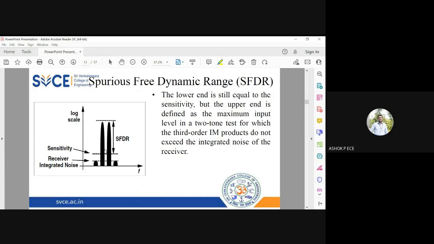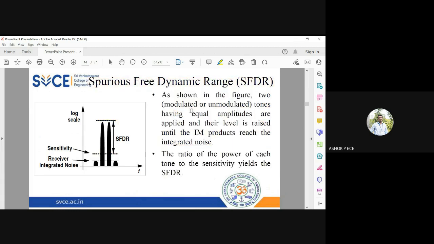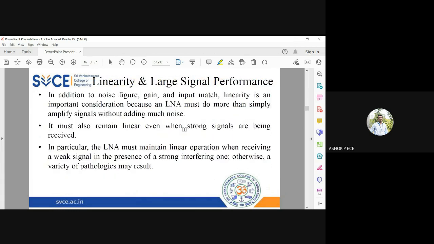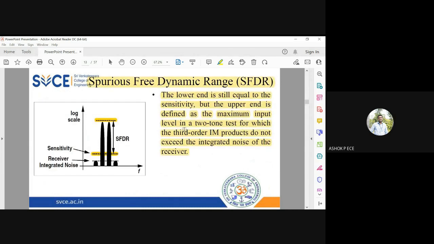So the lower end is still the sensitivity only, but for the upper end, I am going to measure the intermodulation product. So we have seen harmonic distortion, right? Like that, we have what are called intermodulation products. For those products, what is the maximum power? If I measure that, that is going to be the SFDR. We'll derive the expression for SFDR shortly, so at that time you'll understand what is